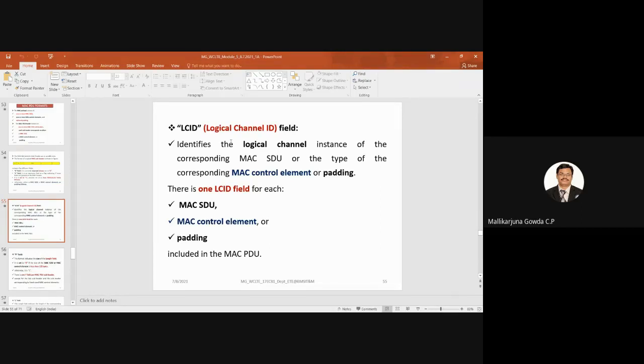There is one LCID field for each MAC SDU, MAC control element, or padding included in the MAC PDU.